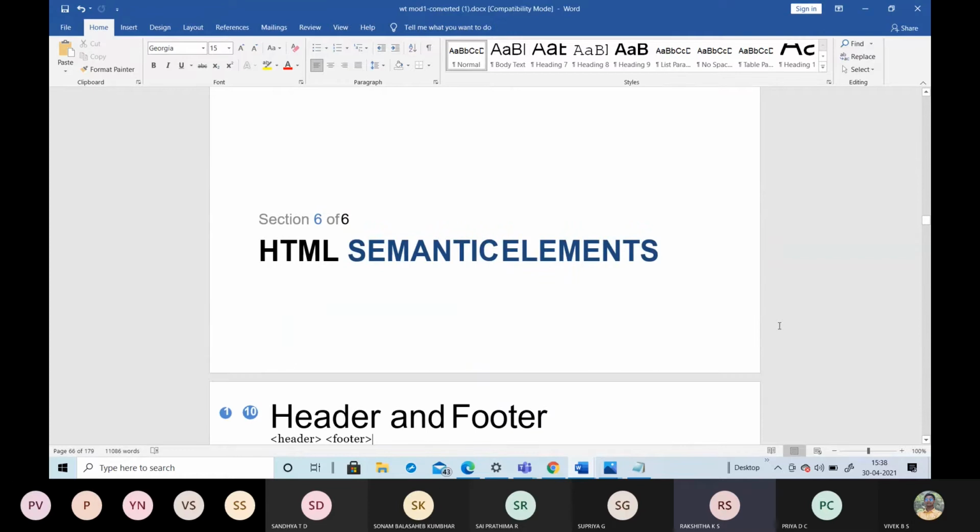Before we move to HTML semantic elements, let me tell you what a semantic element is. Take down the definition of a semantic element.